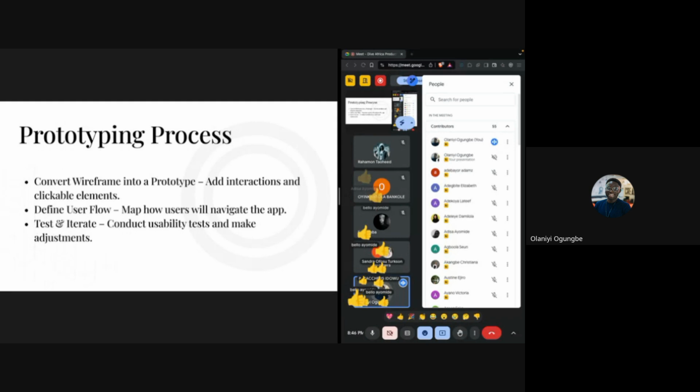Okay, all right. So now the process of prototyping. First and foremost, convert your wireframe into a prototype. And how do we do this? We add interactions and clickable elements. Number two, design your user flow. Just like I said, if this person clicks on this, this happens. They click on that, this happens. Define all of that before you start